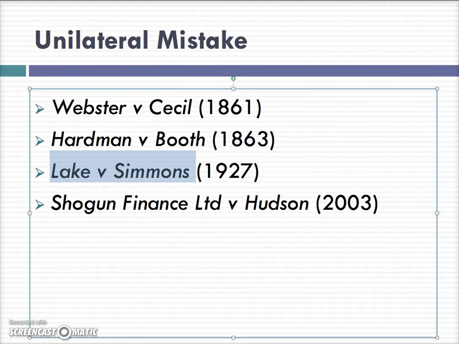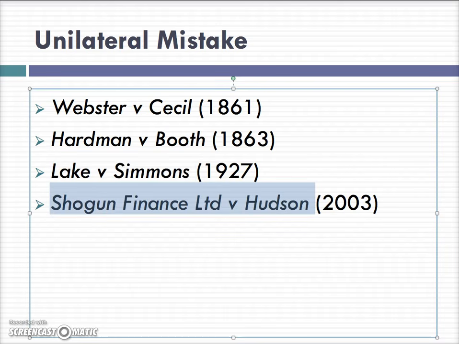The court held that there was no such contract because, in fact, the company that had delivered the goods only contracted with the son. Lake and Simons: a fraudster obtained two necklaces from a jeweler pretending to be the wife of a well-known businessman. Here, the court held that, in fact, the jeweler had only intended to contract with the wife, not the businessman. Hence, there was no contract.